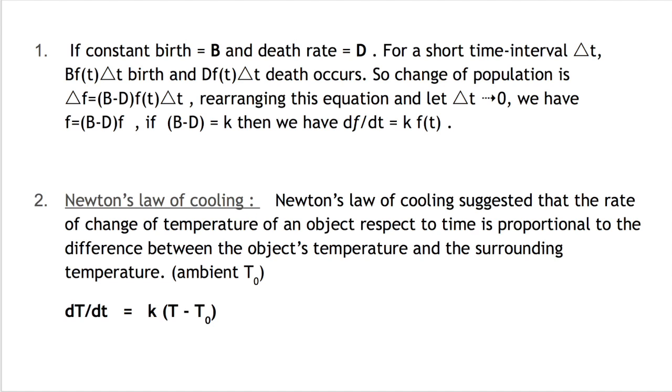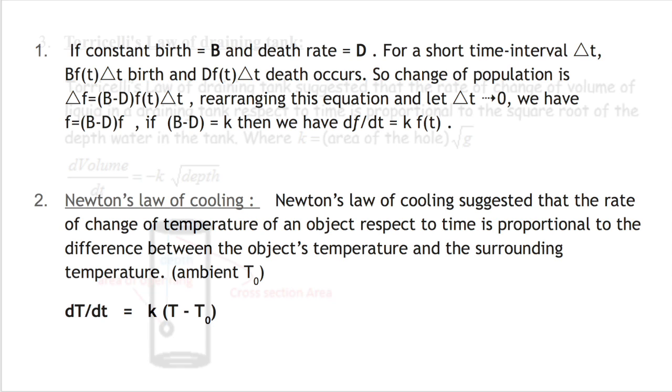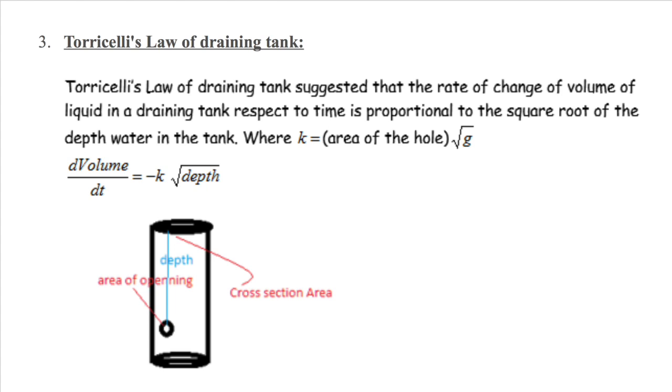The second application is Newton's law of cooling. This law suggests that the rate of change of temperature of an object with respect to time is proportional to the difference between the object's temperature and the surrounding temperature. The third application is Torricelli's law of a draining tank. It suggests that the rate of change of volume of liquid in a draining tank, with respect to time, is proportional to the square root of the depth of water in the tank. Here, K is equal to the area of the hole multiplied by radical g. The figure shown depicts the variables in the equation, which are the area of the hole, the cross-section area, and the depth. Here, we need to pay attention to the depth, which is measured from the top of the tank